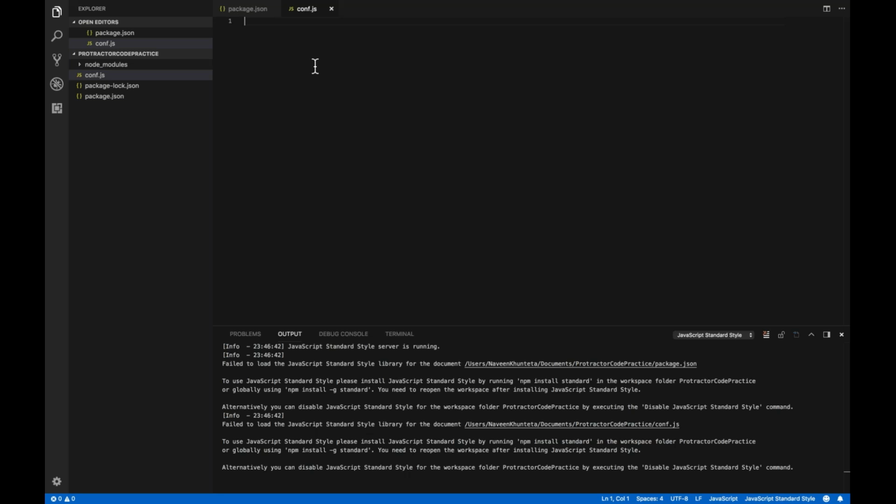So in conf.js, we have to tell a couple of things over here: where exactly all the specification files are available, and where exactly your configuration and the Selenium server are available, and all those things. So let it be blank. We will first add now